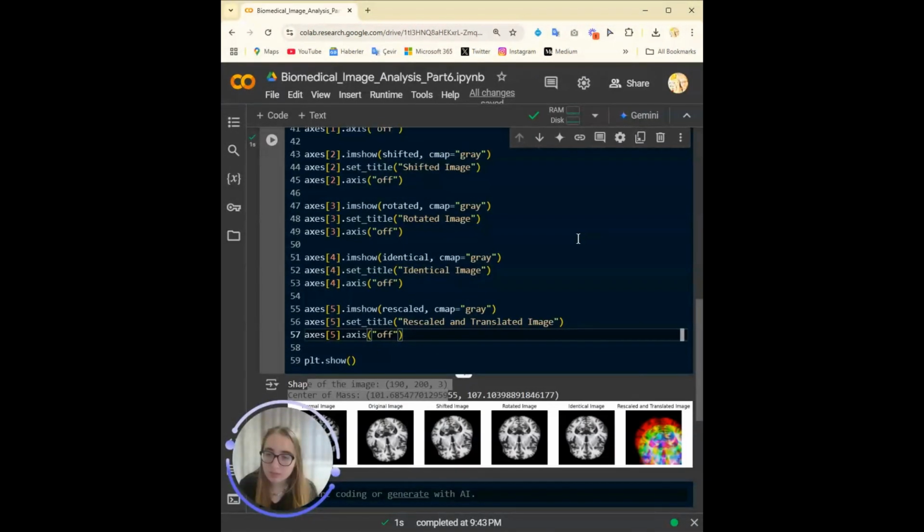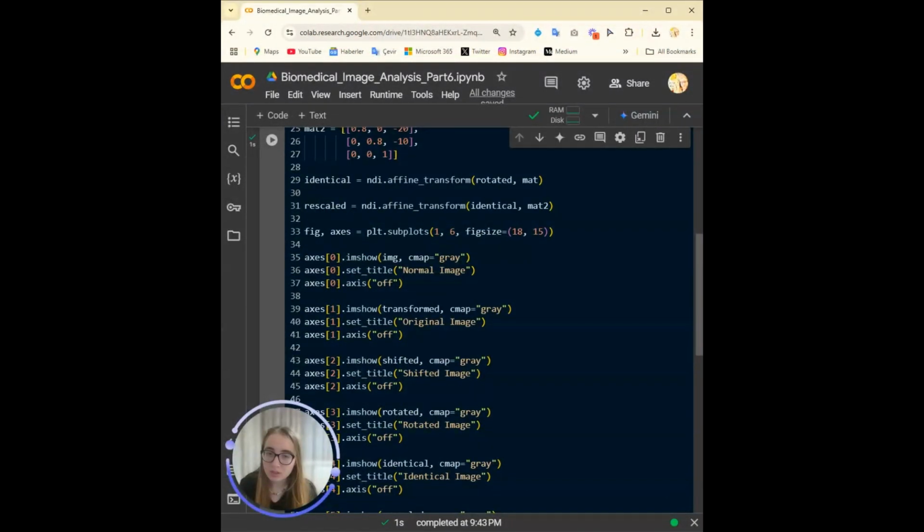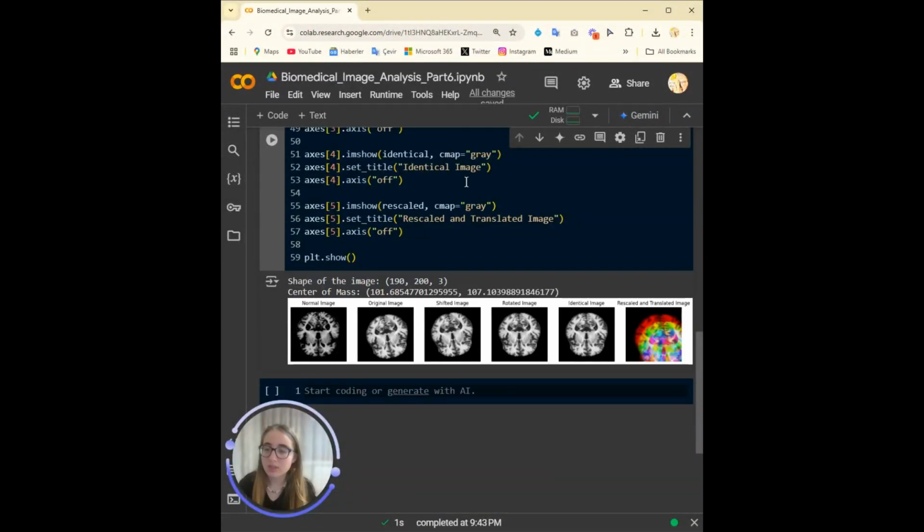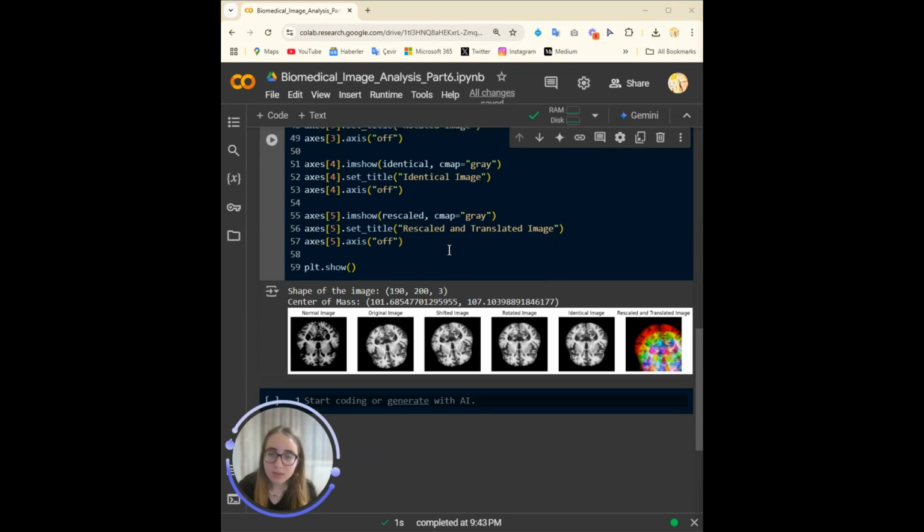For that, what we can do is convert it to a grayscale image. I was going to show it to you a little bit later, but I'll show it to you now.